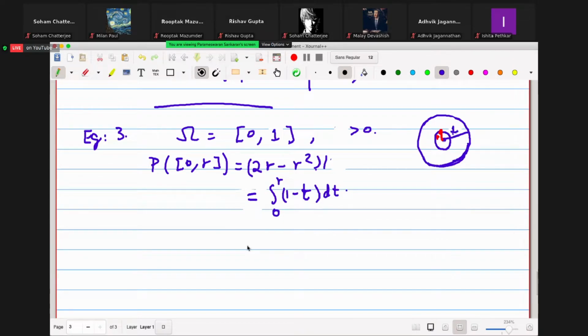Now what do I get? I get this area, and if you put r equals 1, then I get 2r. So integrated and evaluated, you will get this one. There's a 2 times. Yeah. So when you put r equals 1 in the answer, you get 2 minus 1, which is 1. So it's okay. Everything is okay.